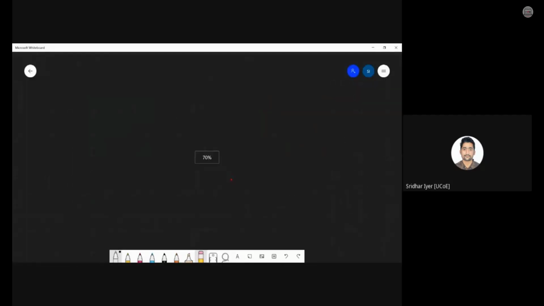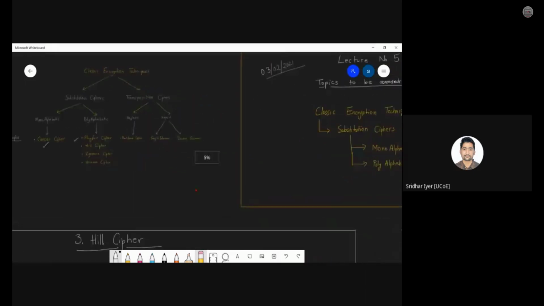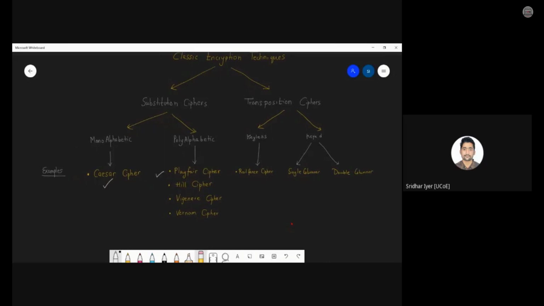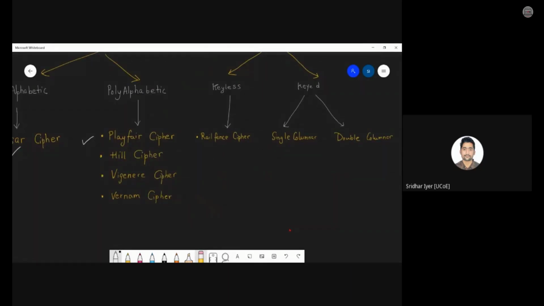So today we are going to learn a more complex kind of cipher. Complex as in it will be a little trickier as compared to what we have been doing so far. We have seen Caesar cipher and Playfair cipher so far. Caesar cipher was one of the monoalphabetic substitution ciphers that we saw. Monoalphabetic as in there is only one character and that is being replaced by any other character.